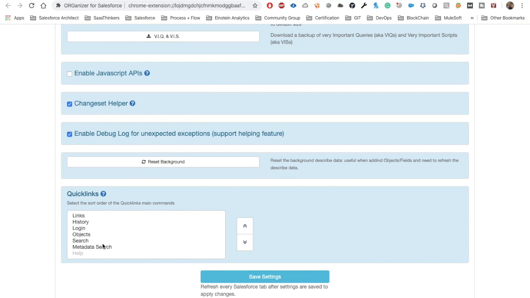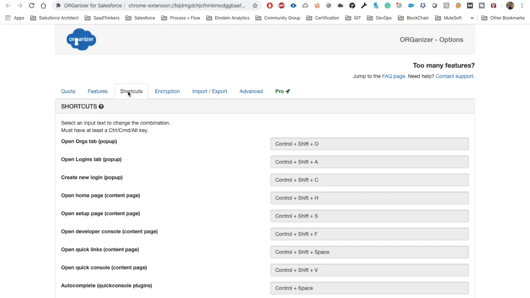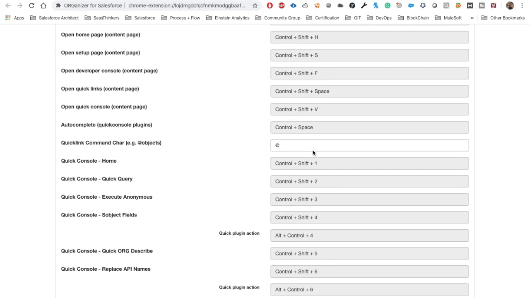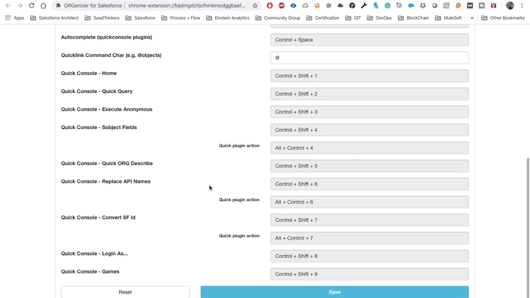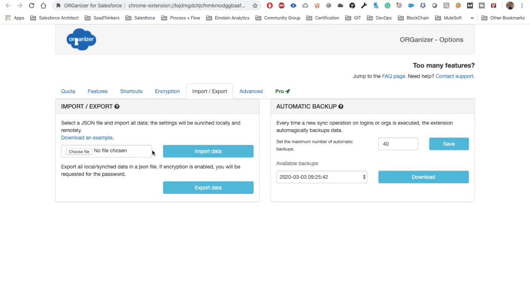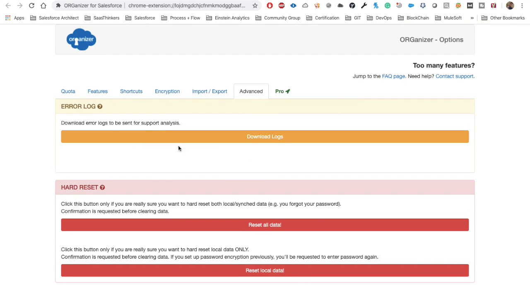You can organize your links as well, and you also have got sort keys. You can find out which sort keys you wanted to use, and for the quick link you can use here. So these are all the sort keys that you can use, and then you can enable the encryption as well. For the import and export, you have a sample file here, select that file, click on import data, or you wanted to export. You can also schedule a backup here, and this is also a useful feature. And then in the advanced section you can download the logs, and you can reset all the local data